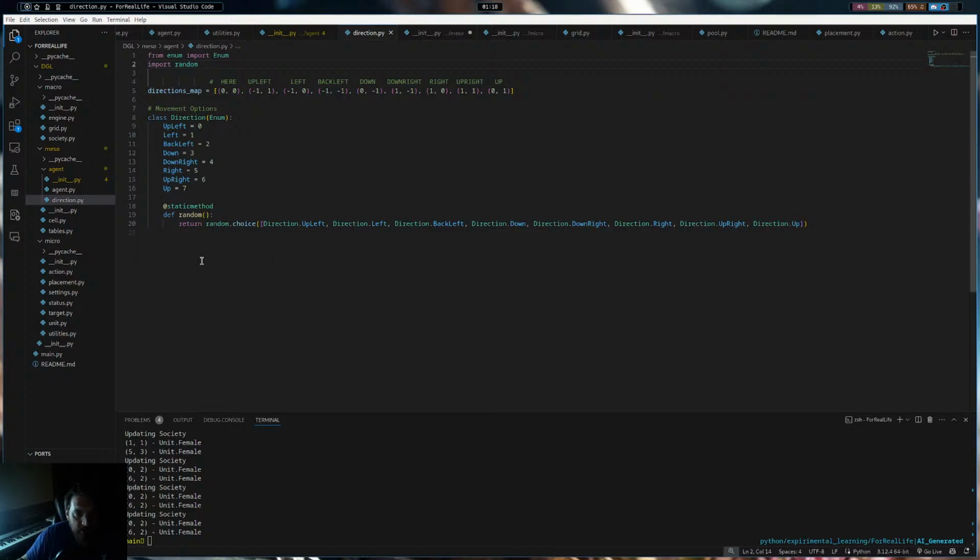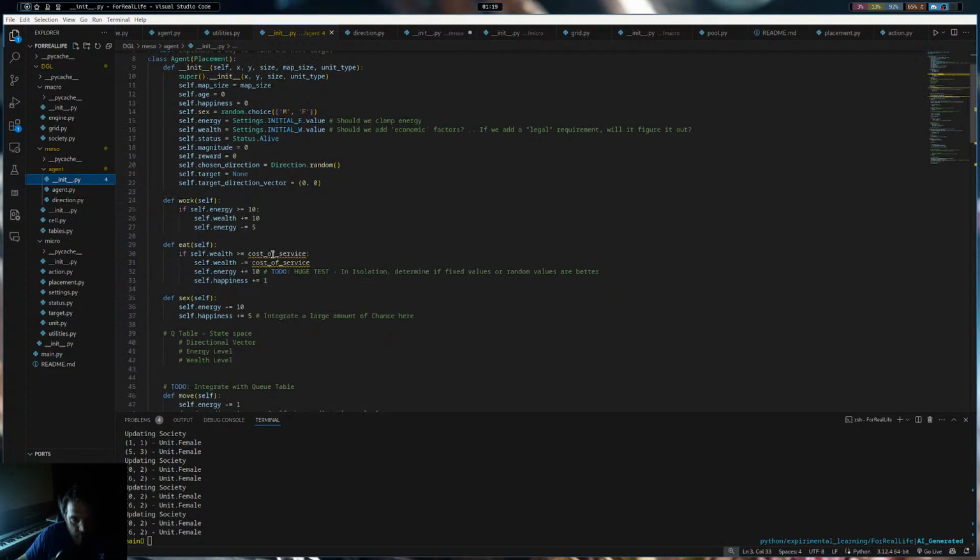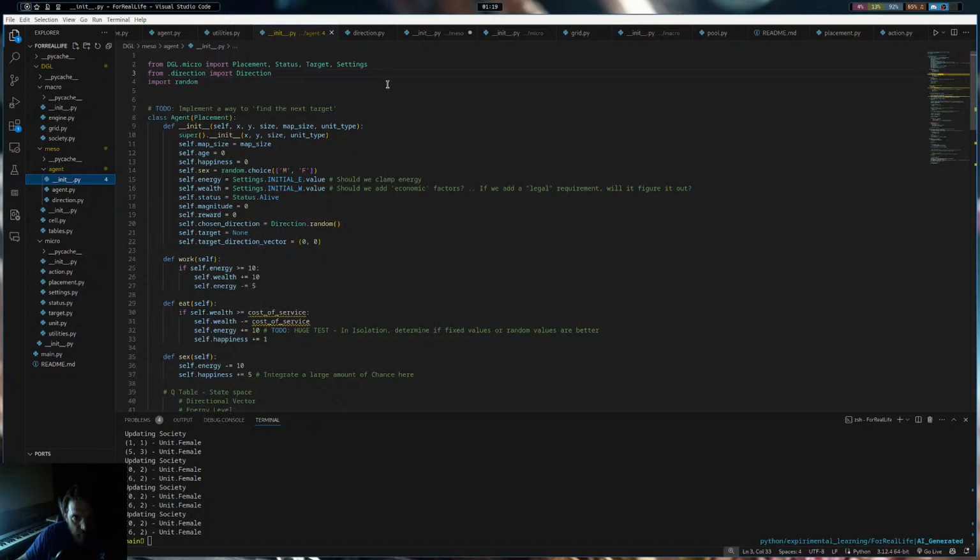The direction does belong to an agent because an agent moves. It's not a macro, it is part of the agent. So the agent is empty right now, but the reason we did that, so we have